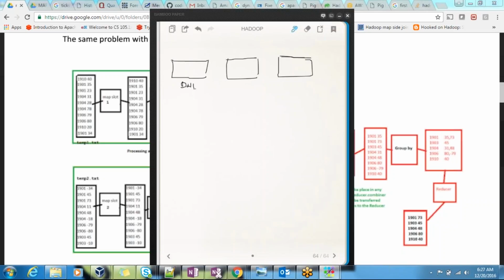Is it possible to launch multiple mappers here? Based on input split, exactly. So this may have multiple blocks, right? Let's say block 1, block 5, block 10. So 3 mappers will be launched or not?